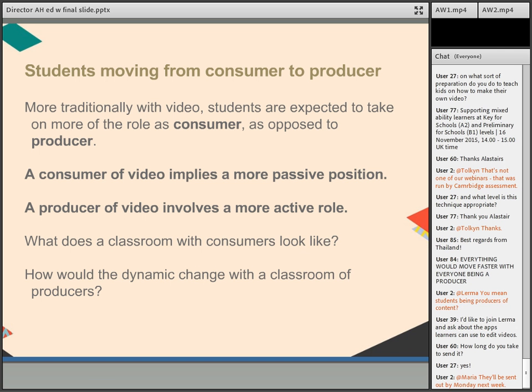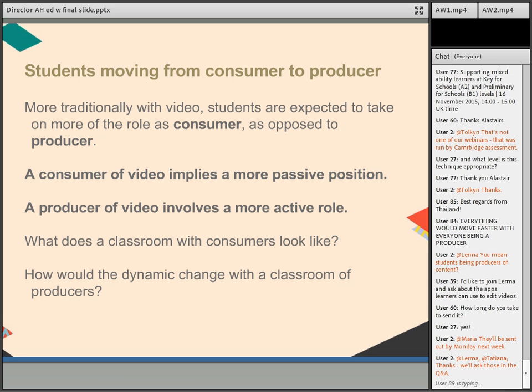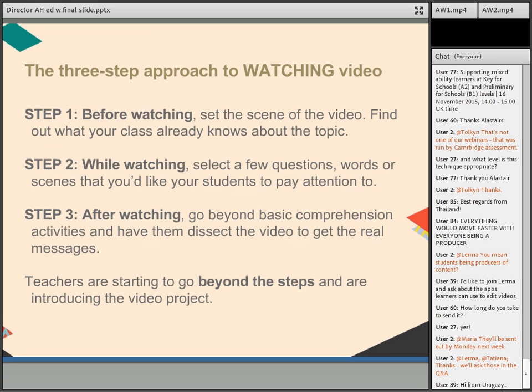A classroom with producers is where you get lots of activity and lots of noise, and this is something that can feel quite discomforting for most of us in the beginning. As a particularly quiet person, I can understand that. But once, like I said, once you get comfortable with it and you start directing the students where they need to be and then allow them to be the directors, you'll find that the noise level goes down and you're going to get some wonderful things as a result.